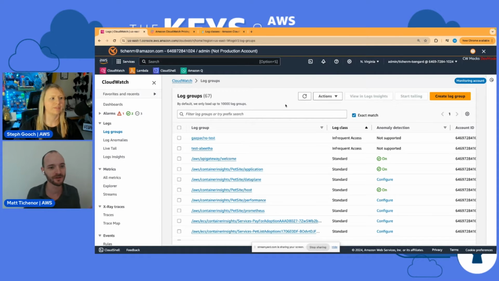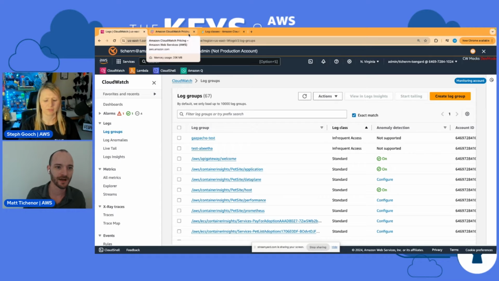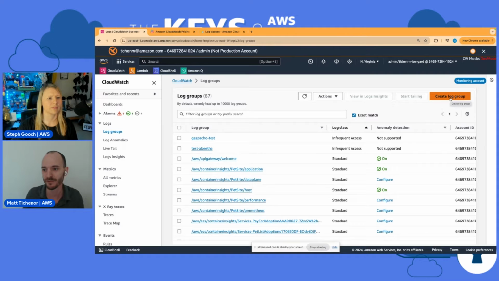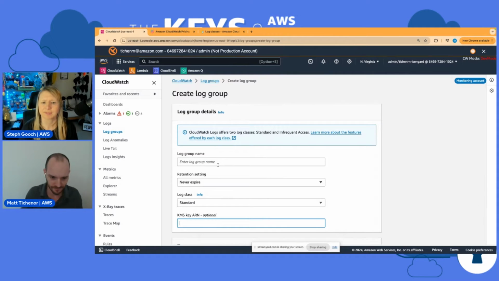So what our customers typically do is each application or each thing they're running in AWS gets its own log group. In order to use the infrequent access log class and get access to that lower ingestion pricing, what a customer needs to do is come over here to the log group page. You can also do this via CLI, API, CloudFormation, Terraform, what have you, but I'll just do it through the console. You create a new log group. Let's call it infrequent access